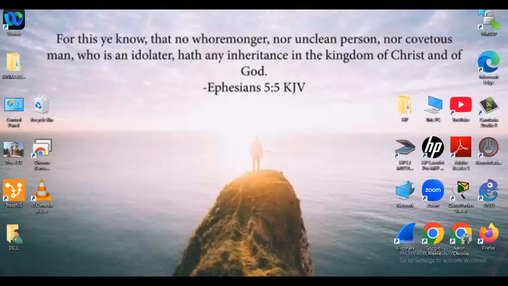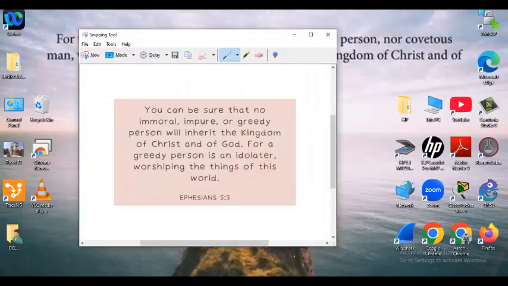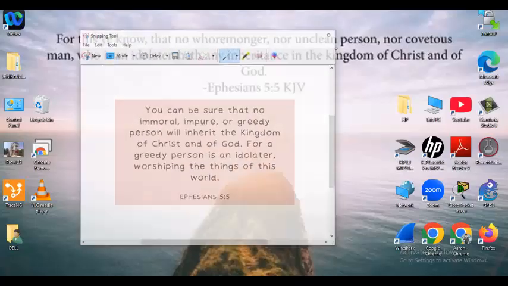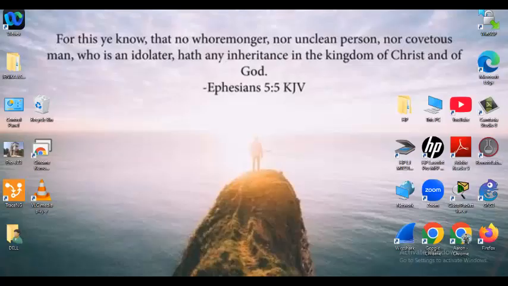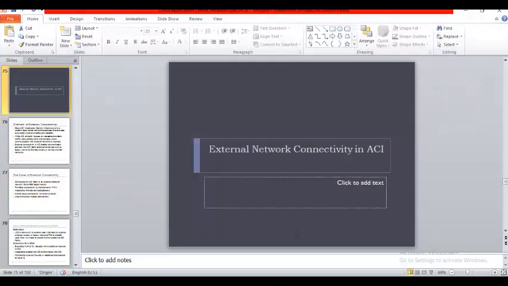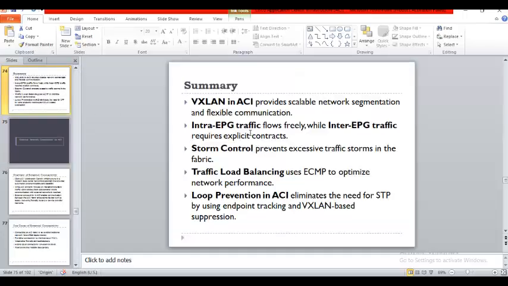We saw ACI, VXLAN, how VXLAN is involved in ACI. We also saw loop prevention in ACI. Now, these are the things that we spoke about in the previous class, VXLAN and ACI,